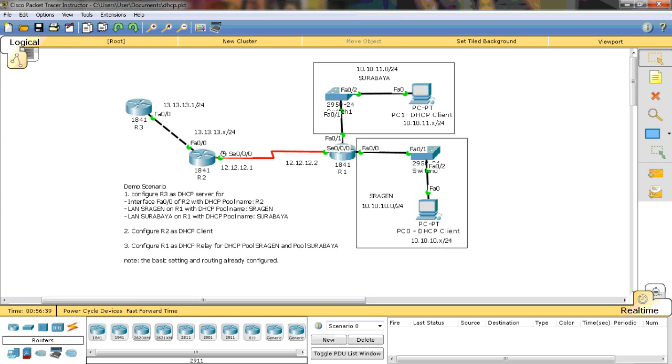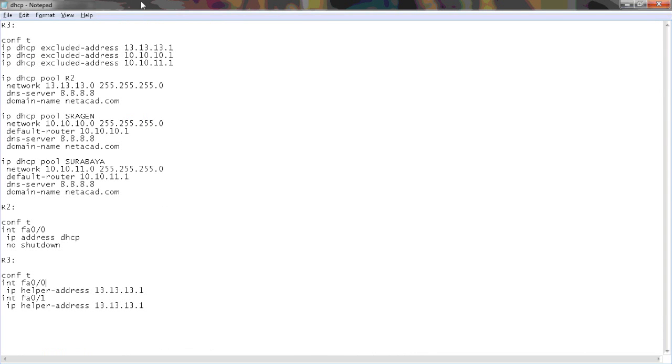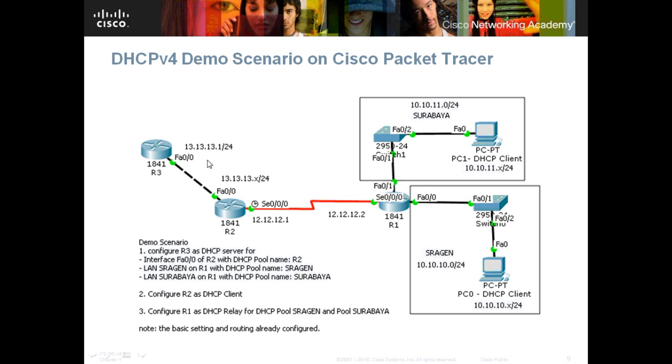I already made the configuration for R3. The first thing is we need to exclude the addresses that we already assigned as static addresses. Here, IP DHCP excluded-address 13.13.13.1, because this address is already assigned as a static address for the FA00 on R3.